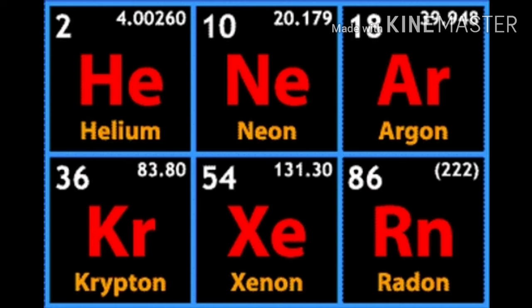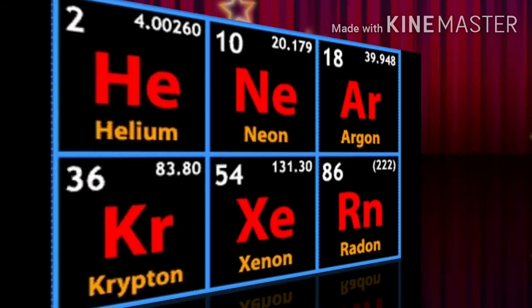This figure contains symbols of noble gases. In the previous video, I told you that noble gases are the gases which do not react with any other elements. They are unreactive or inert gases. So here the symbol of helium is He, neon is Ne, argon is Ar, krypton is Kr, xenon is Xe and radon is Rn. All these gases are non-metallic and present in traces in the atmosphere. And for most of these gases, the symbol starts with the first letter of their name.